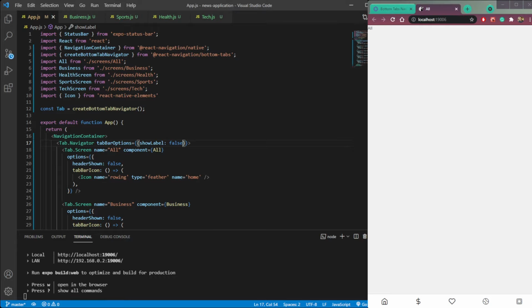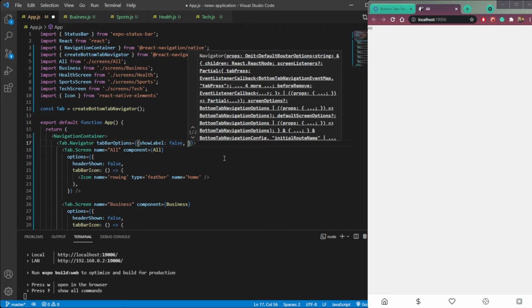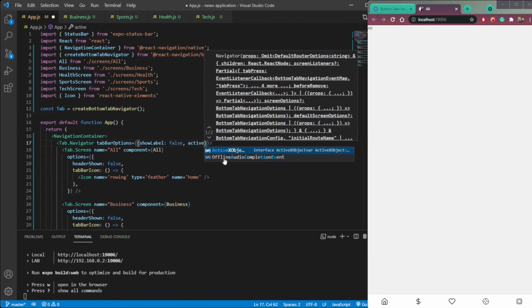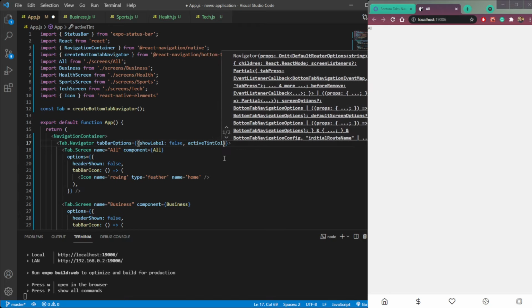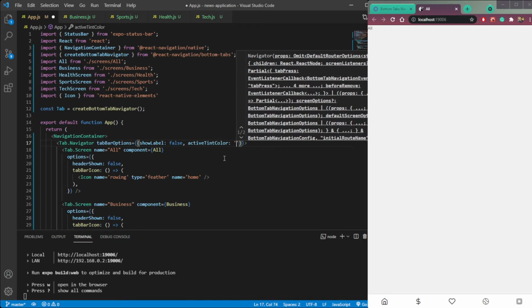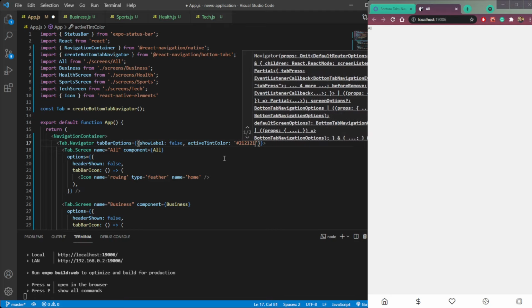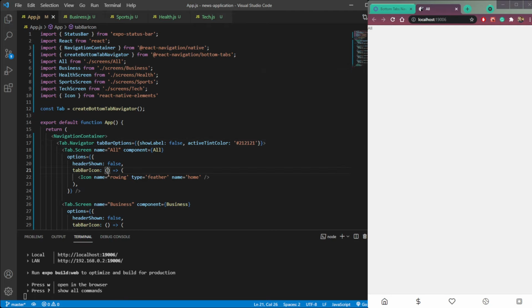Now to add the active class, we need to pass one more prop here, which will be active tint color. Let's make it black. So 212121. Save it, and here we will pass props in this tab bar icon property.